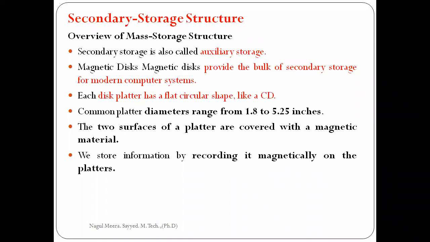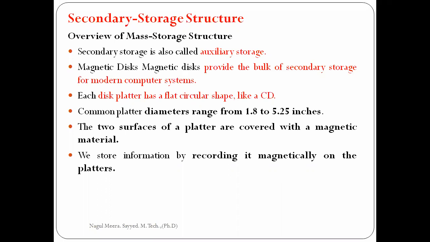So the inner part of our hard disk consists of platters. Each platter surface is coated with magnetic material. If you take a platter, same as a CD, two sides of the platter are covered with magnetic material. In a CD or DVD our data is stored on only one side, but in our hard disk the platter can store on both sides, the upper part and the lower part.